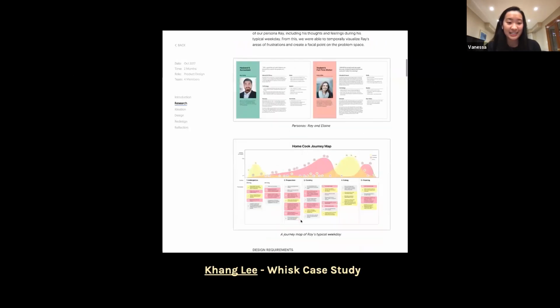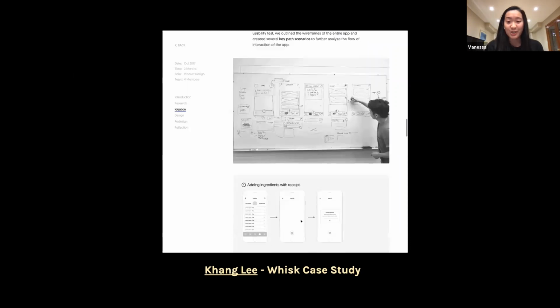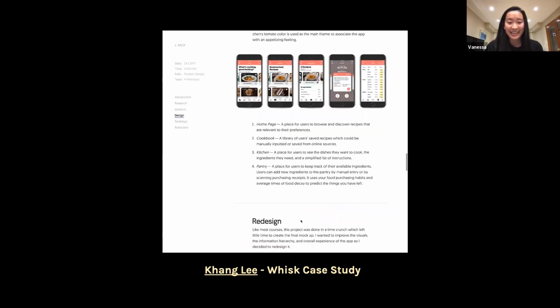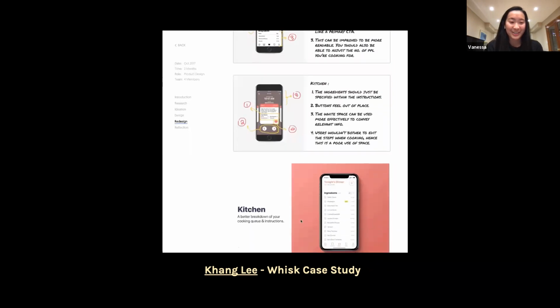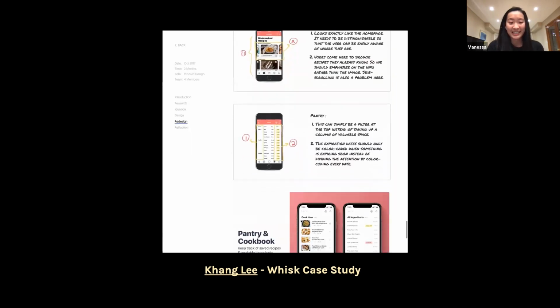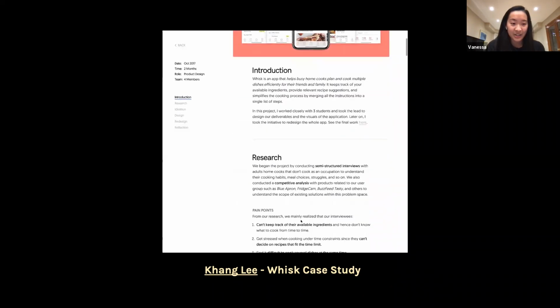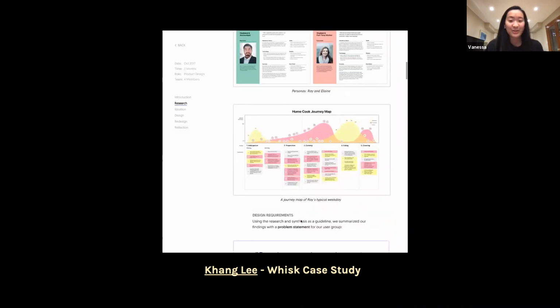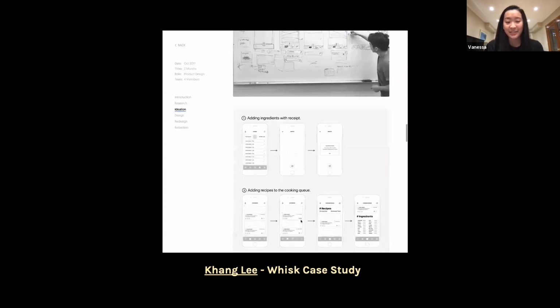And yeah, so this is kind of just an example of a case study and the structure that you should kind of follow. I feel like this case study exemplifies and really shows the structure that I was talking about earlier. So this is a case study done by Kang Lee. And yeah, you'll notice that there's a little navigation on the left-hand side. You don't always need a navigation, but I think it's really good that it outlines the different sections of the